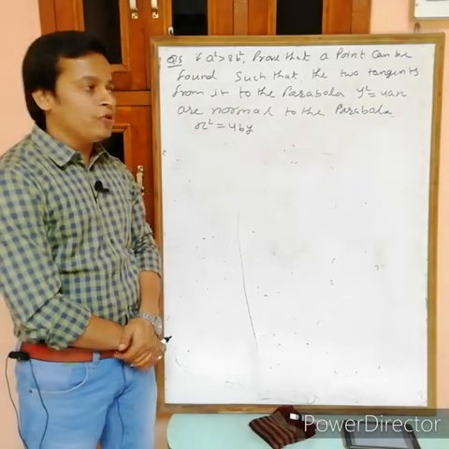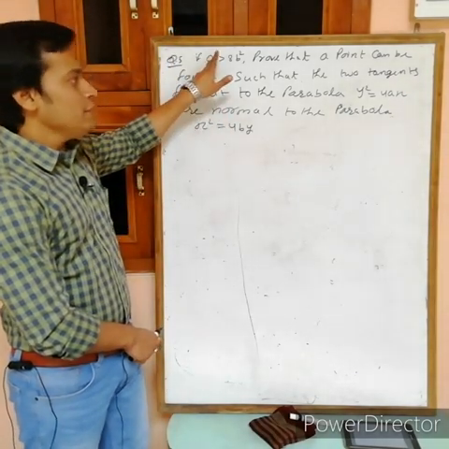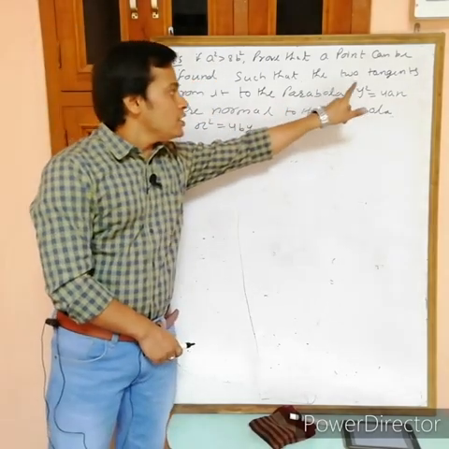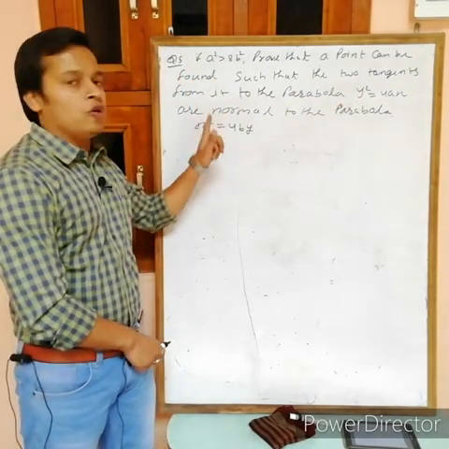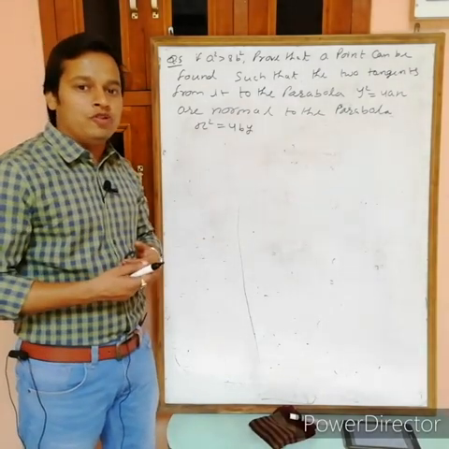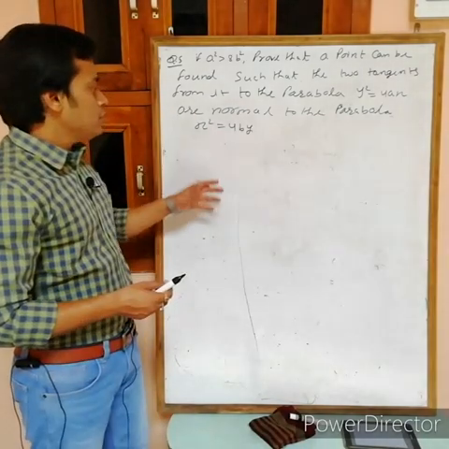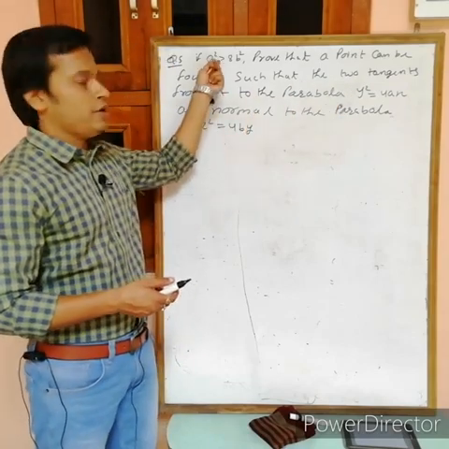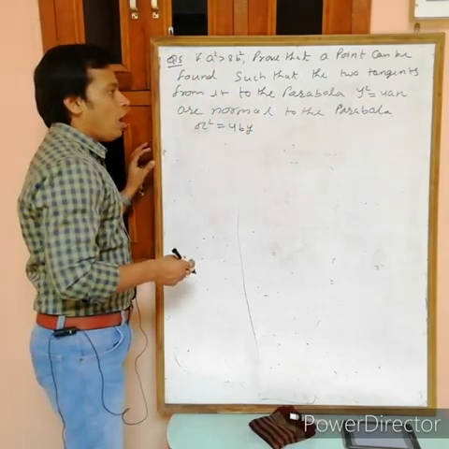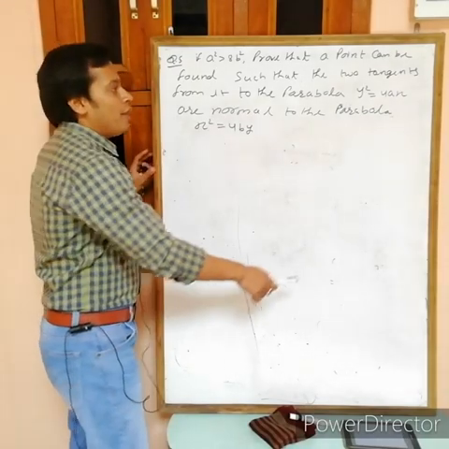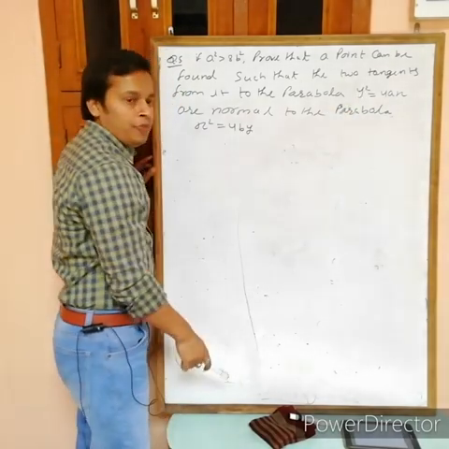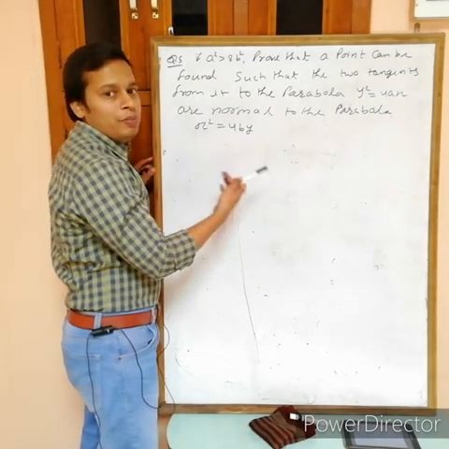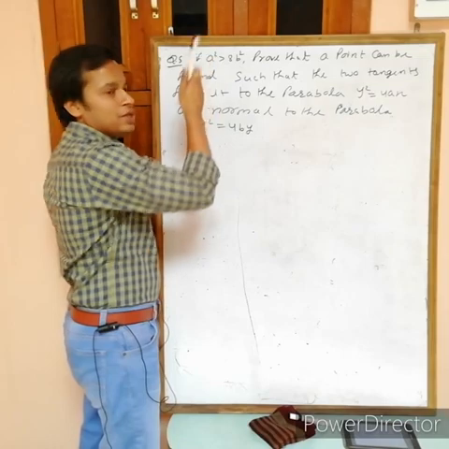It means we have to prove that this is the condition such that a tangent of this parabola becomes normal to this one. Okay, so how to prove this one? Just simple, find the tangent for this parabola and the normal for this parabola and compare both, and by comparison we have to prove that this is the condition.